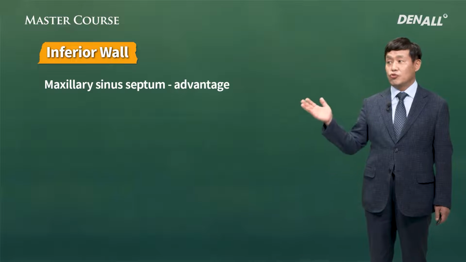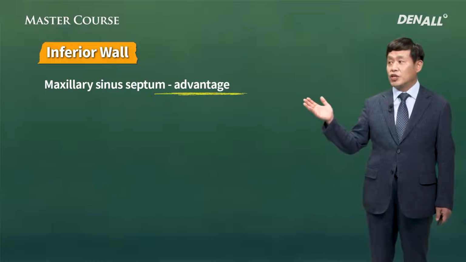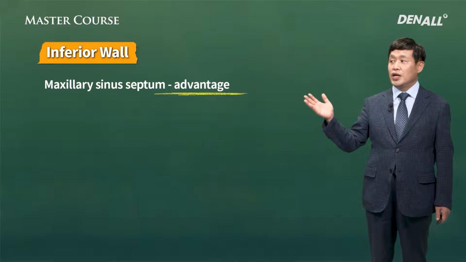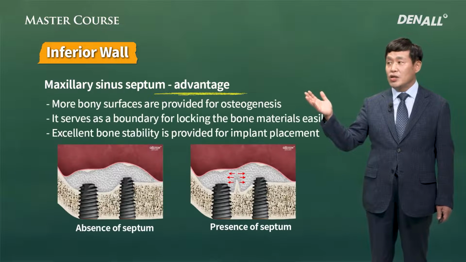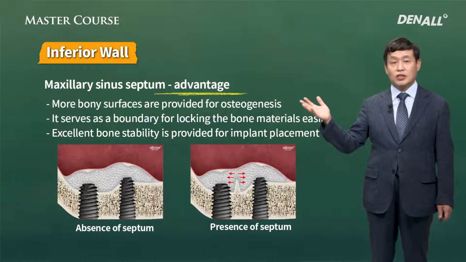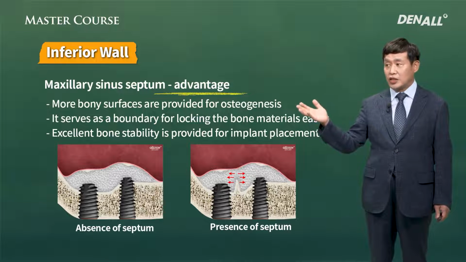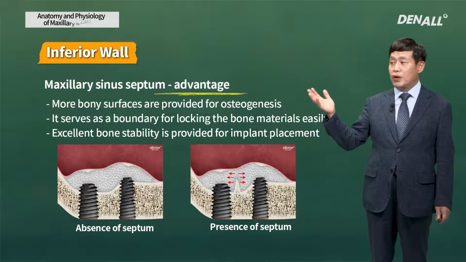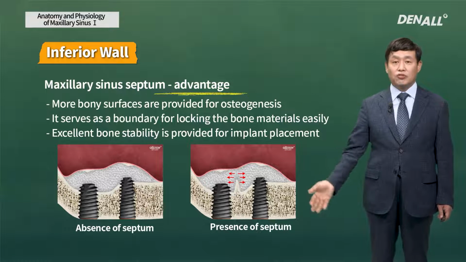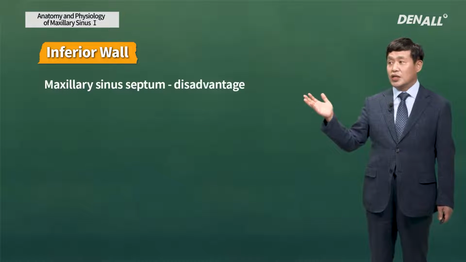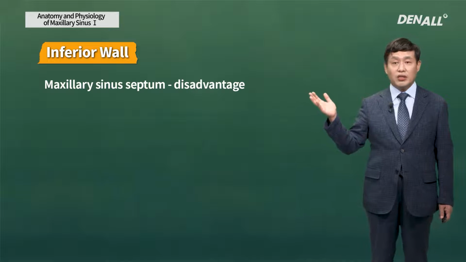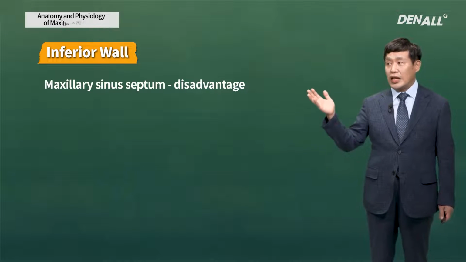The septum has advantages too. When you place an implant, it can provide more bony surfaces for osteogenesis. That's an advantage, and it helps the implant stability. However, in general, the septum works as a disadvantage,